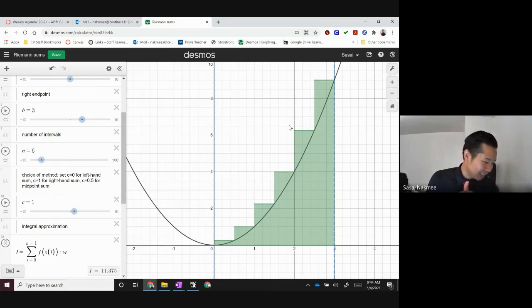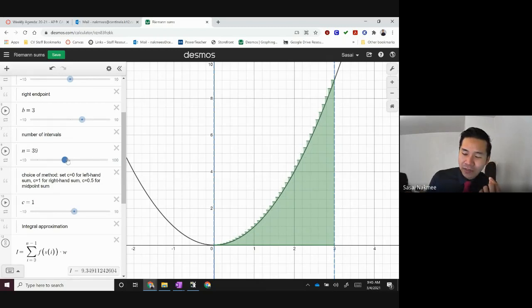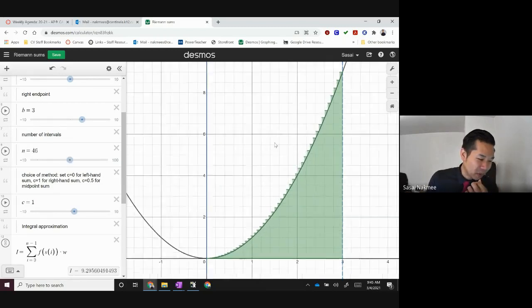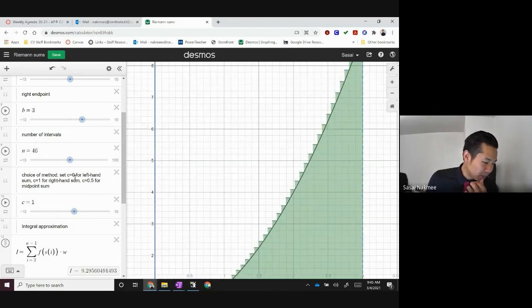That's right. Good, Ava. Monica, right. The more rectangles we have, the more accurate it becomes, doesn't it? Because the extra amount that we have gets cut off a little bit less and less, right? So if I zoom in here, it's still an over approximation, but not as much of an over approximation.